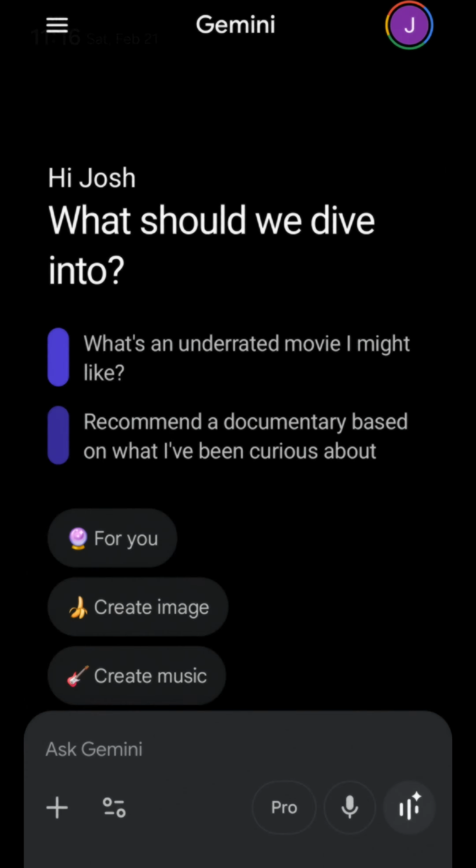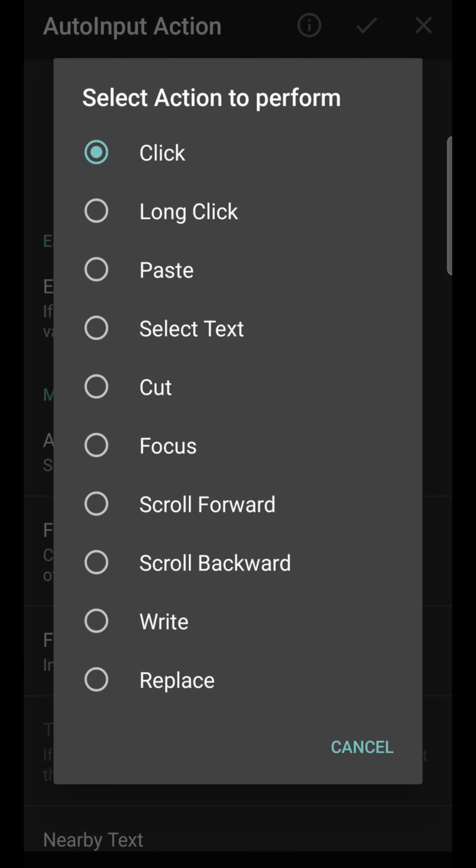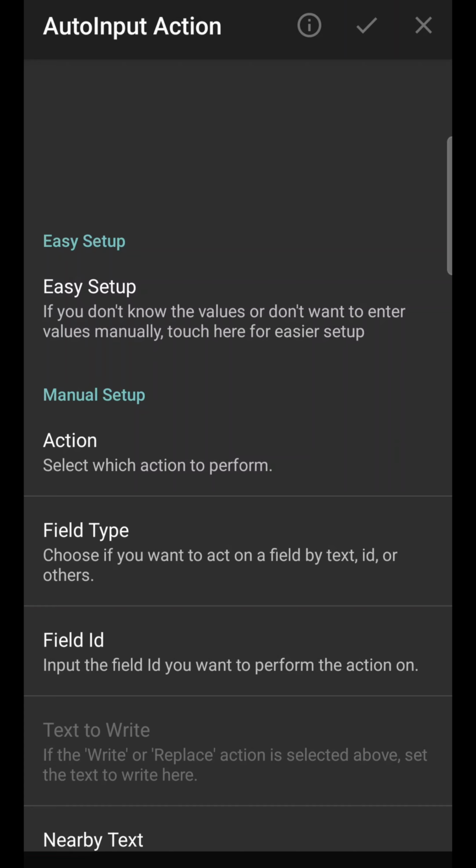It's going to go back to Tasker. I'm just going to close out of the Gemini app, and you want the one that it's selected. So just click on it. Click on click, and then field ID is okay. Field type is ID. So just the defaults here. So as soon as you finish the gesture, you can go ahead and hit the check mark. So we're going to leave it as it is and hit the check mark,